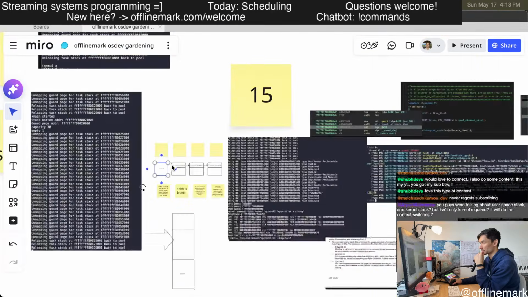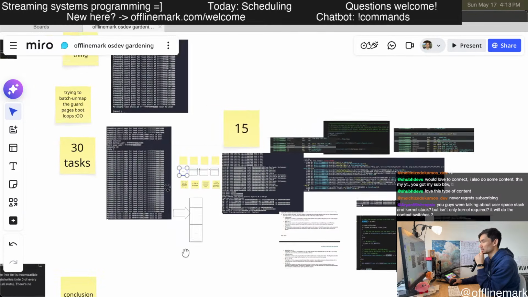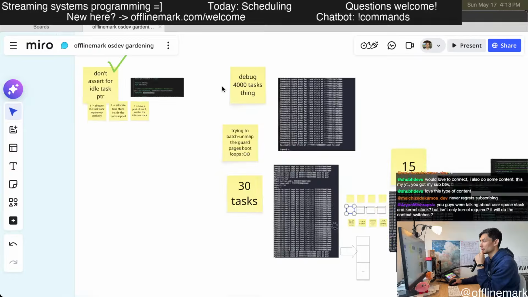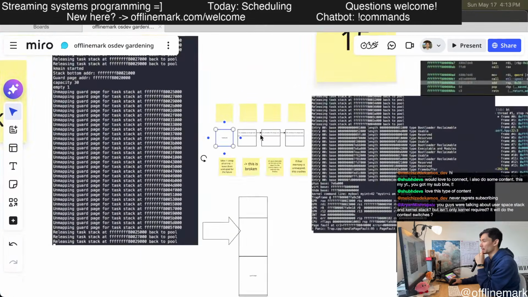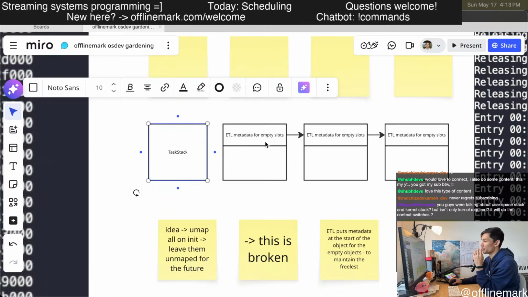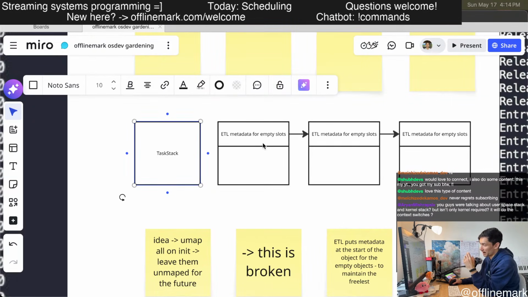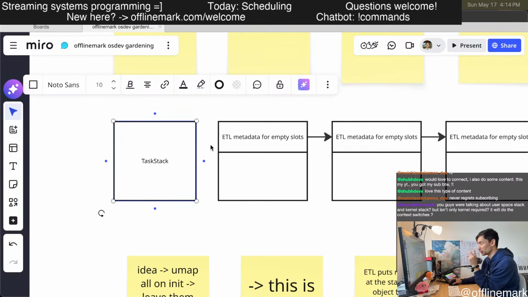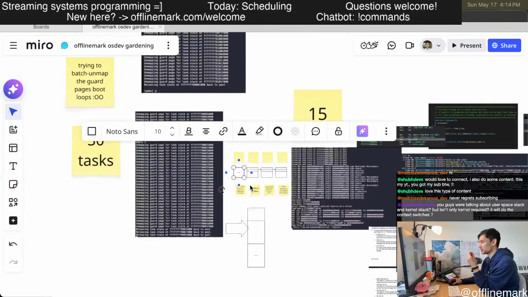So with my stacks, the idea is to have a page of unmapped memory at the bottom of the stack to catch stack overflows and force a fault to happen. And that conflicted with the pool, which is not designed to be used that way, where suddenly the start of the entry becomes unmapped. And that was causing crashes.